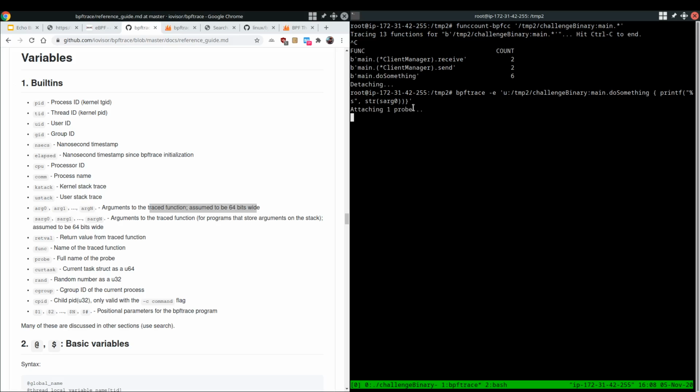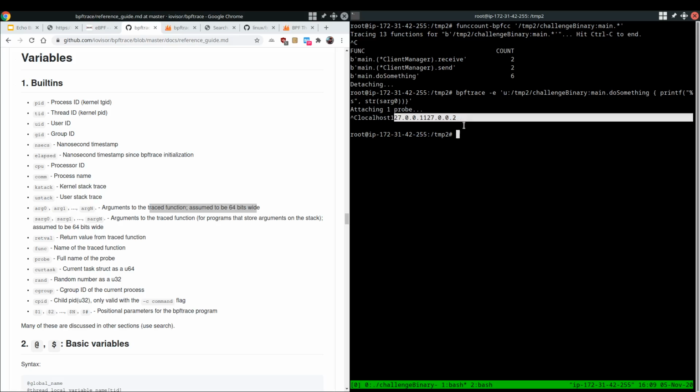So if we ran that, wait for the connection to execute a few times, or I can just forcibly run it again, and we hit Control C, you'll see I didn't do printf nicely with multiple lines, but you can see I was sending the IPs localhost 127.0.0.1 and localhost